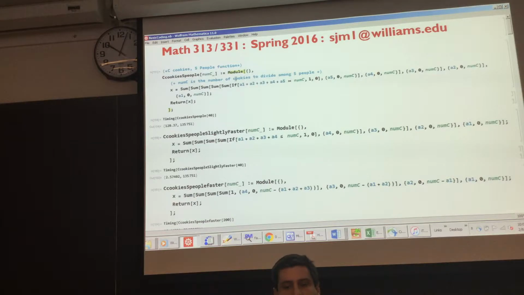So num_c is the number of cookies to divide among 5 people. And it goes as follows. I'm doing a quintuple sum. a_i is the number of cookies person i gets. Each one can range from 0 to num_c because you can get at most num_c cookies. And I look and see,